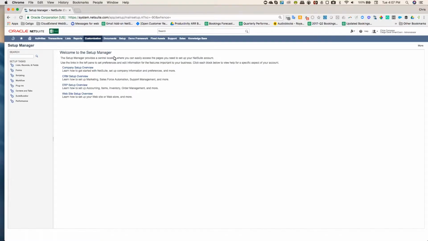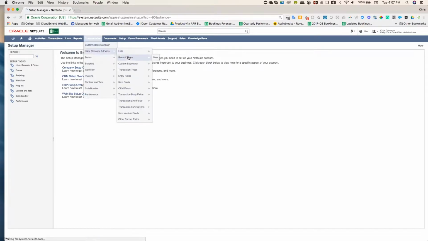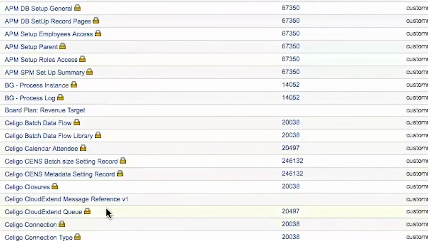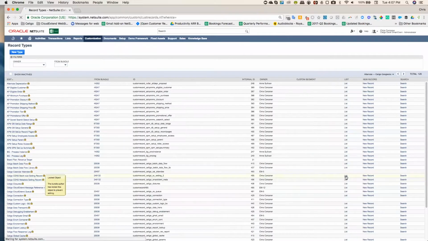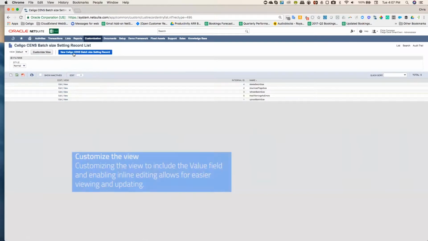To change the default batch sizes and to modify settings such as treat warnings as errors, you want to modify the custom record that was installed by the CloudExtend bundle. So go to Customizations, List and Records, Record Types, and you're going to want to locate the Celigo CENS batch size setting record. And then if you click on List, I do recommend you actually customize this view because this